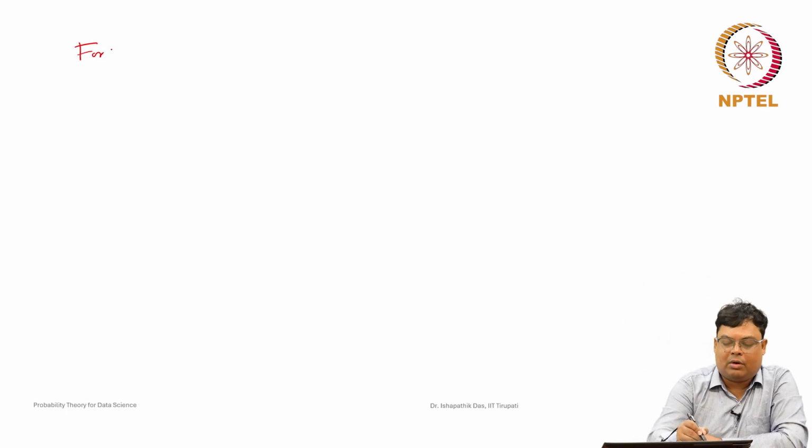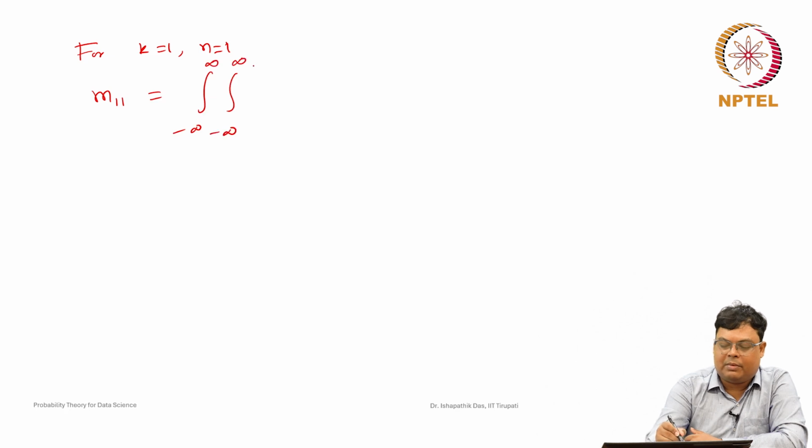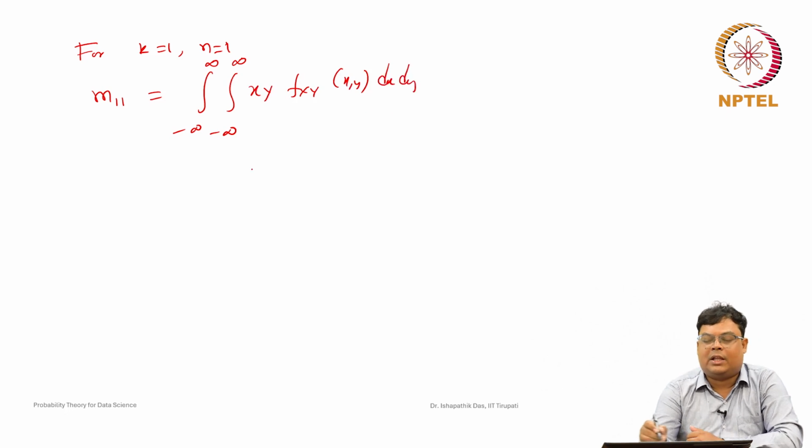Now, we will discuss what will happen for k equal to 1 and n equal to 1. Suppose for k equal to 1 and n equal to 1, for the discrete case we have already written. So, m 1 1 for continuous cases, the integral from minus infinity to plus infinity, minus infinity to plus infinity, is nothing but x y f x y dx dy. So, there is nothing else we have to find out. For a particular example we can find this value also. So, if this exists,